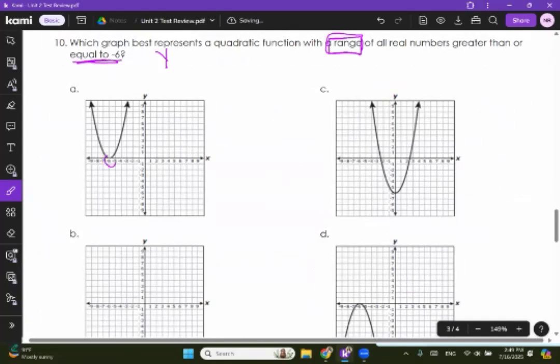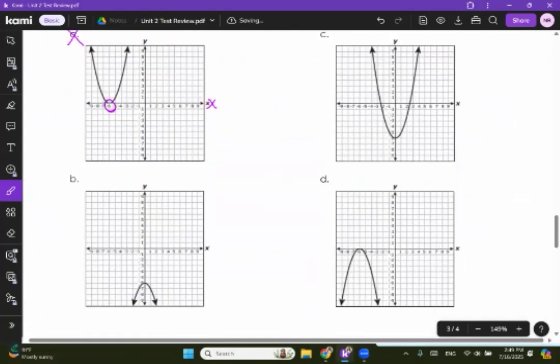Well, if you look at this -6, that's on the x-axis, so you know it's not A. Okay, B, you're looking at the -6, it's on the y, but if it's going down, what would that be? Not greater, that would be less. Here, the -6 once again is on the x-axis. Here, you got your -6 going up. Up means greater. So your answer would be